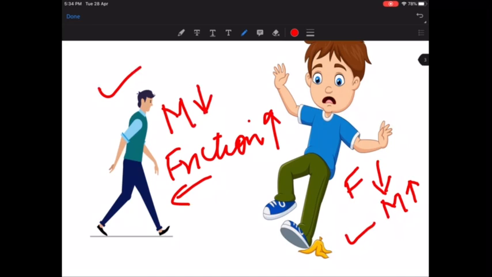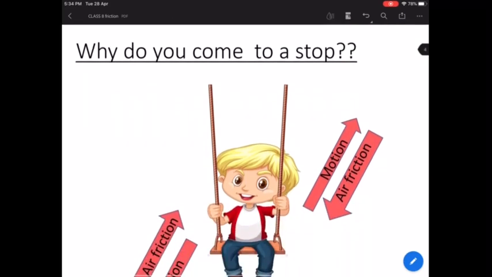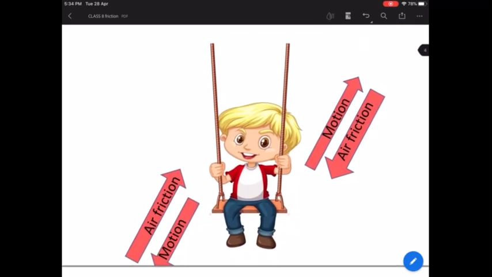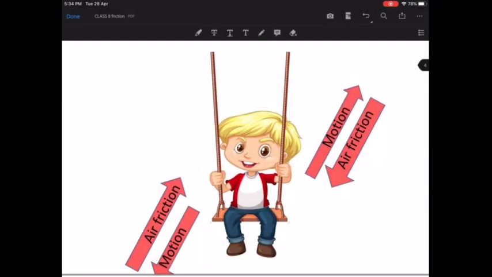If you've not understood this, you will understand in the next examples that we are going to talk about. Now suppose look at this boy. He's sitting on a swing and he's trying to enjoy the swing. Now when he sits on the swing, what happens is, in the first go, the swing comes in the